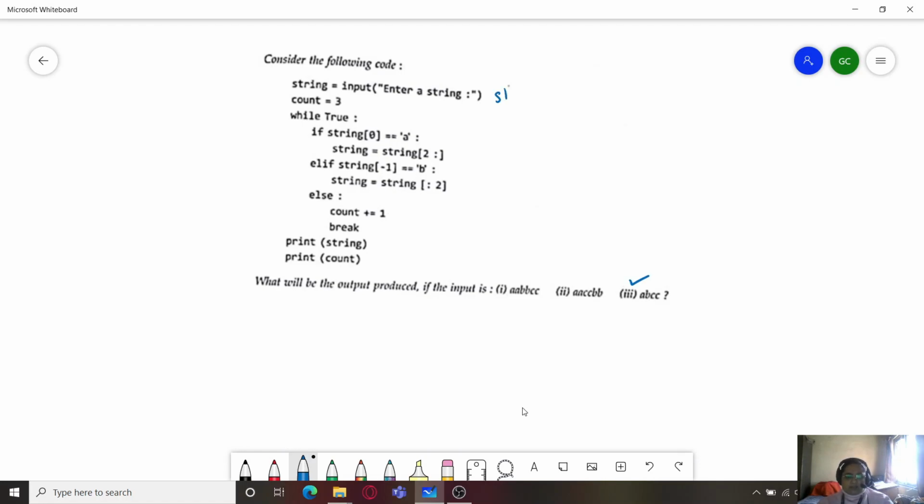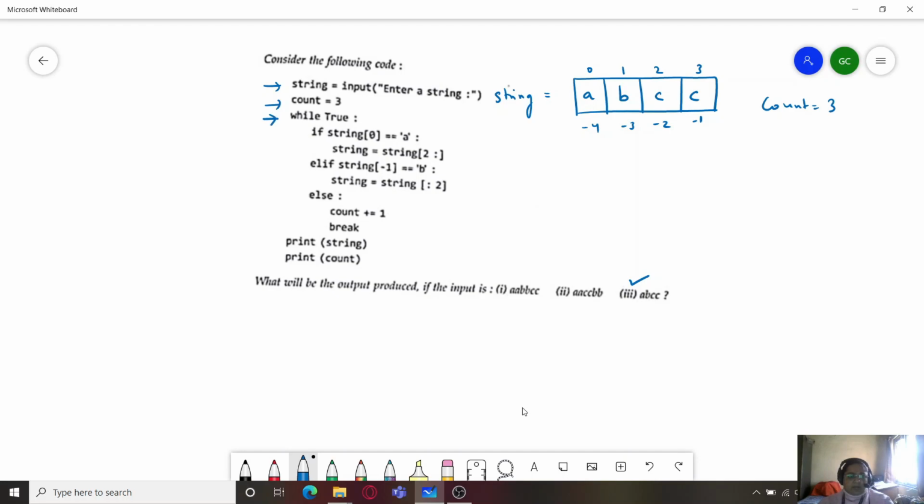So string will be now assigned this value. And count is equal to 3. So we write count over here as 3.